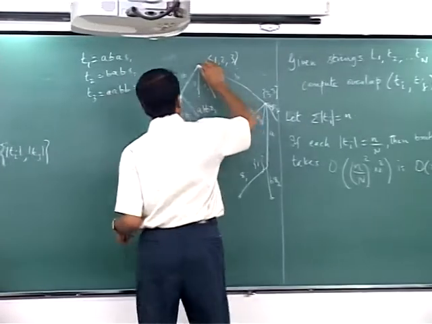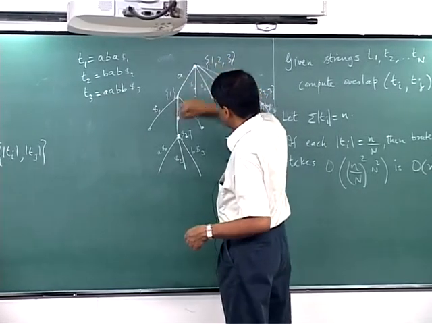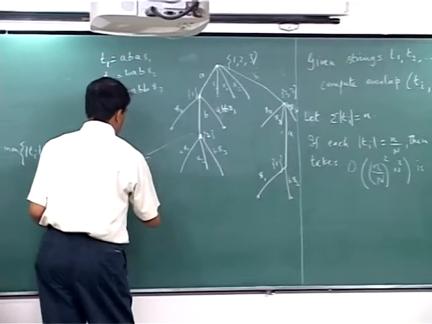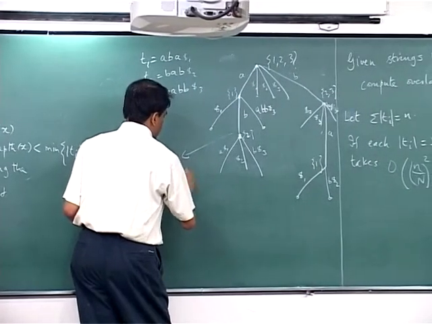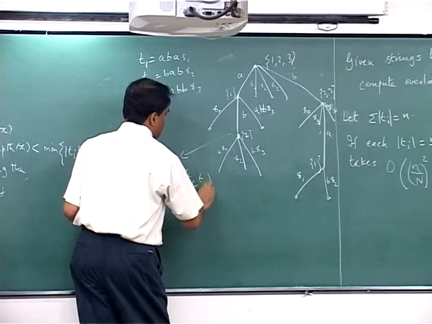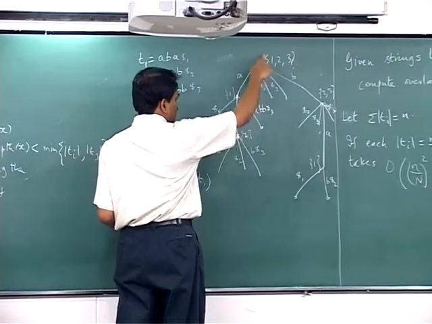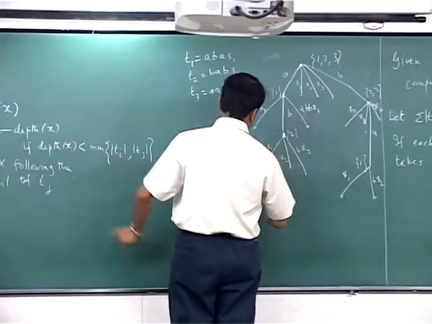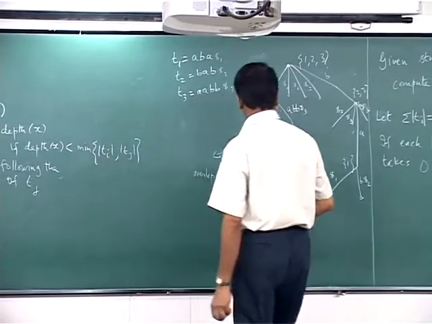So at this point, I am running T1 here, and when I come here and I find a 2, then at this point I say overlap of T2 comma T1 is this length, which is whatever the depth is. That is what the depth of x is, 2. And why? Because